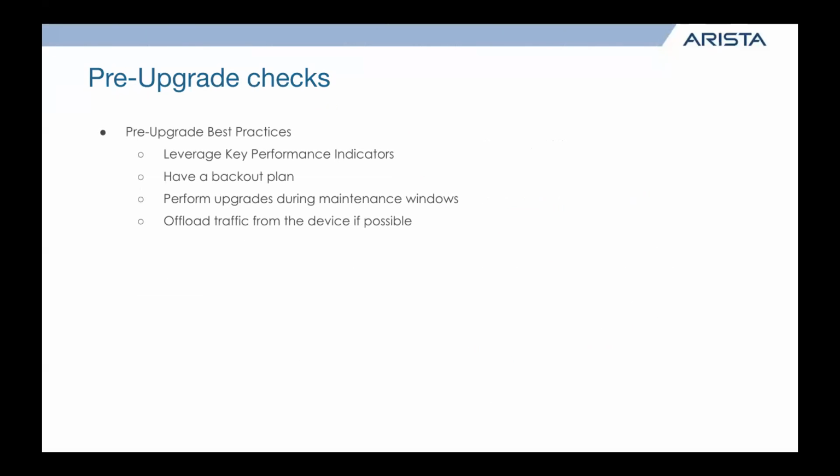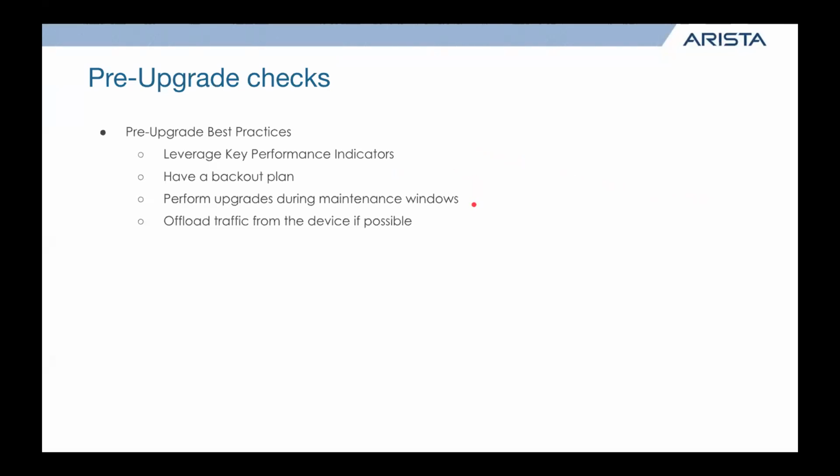It's going to be dependent on your environment and your company policies. In general, this is what I see used successfully. Having key performance indicators, KPIs. So you should know and be able to monitor the critical devices in your network to make sure they're reachable, and if possible, have network performance information. So during the upgrade, you can keep an eye on that. And if you're not supposed to lose access to one of those, if it does happen. Having a backup plan, so if the upgrade does go poorly, you have a plan in time to downgrade or take whatever steps you wanted to take at that time.